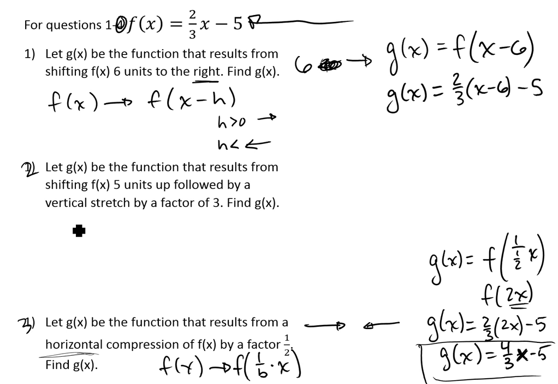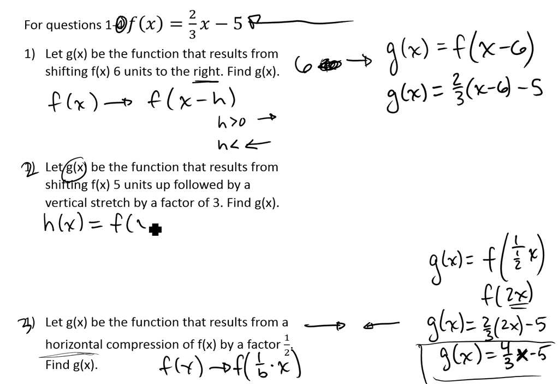My ultimate goal is to end up with the function g of x, so I'm going to move to a function in the middle, right? I'm not going to go to g of x first. I'm going to transform f into h, and then once I have this function h of x, I'm going to do my final transformation and transform h of x into g of x. So let's just do the first part. This first function, I'm going to call it h of x, is going to look a lot like the function f of x, but